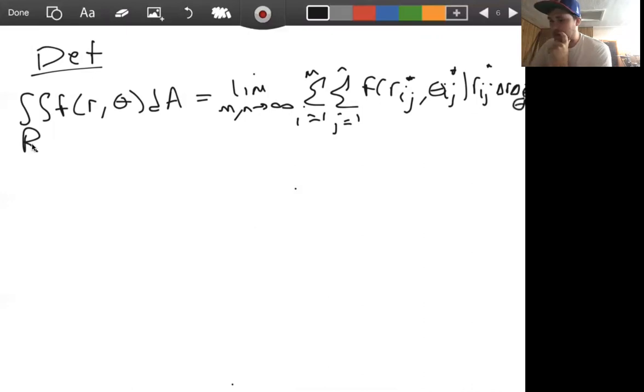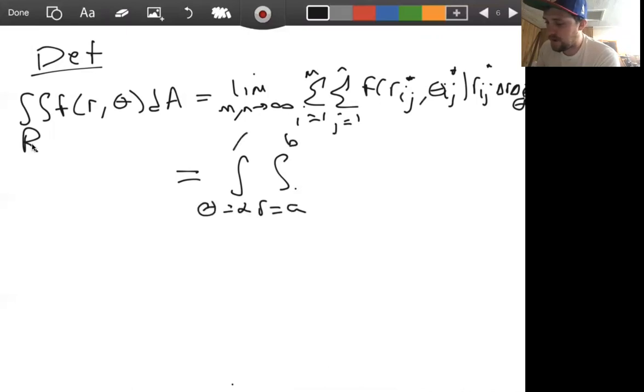Sorry, that's delta theta there. And we can express this now as the double integral of r going from a to b and theta going from alpha to beta of f of r, theta